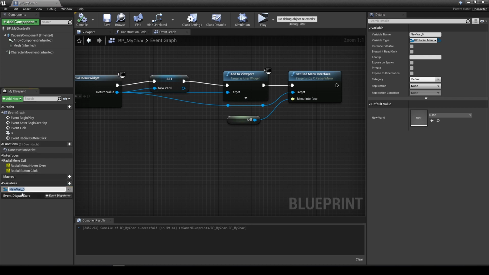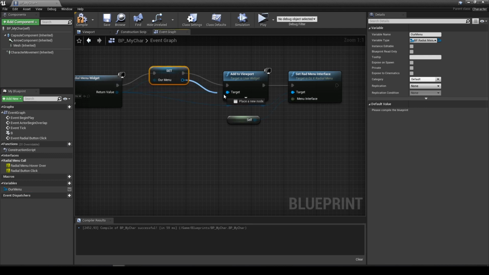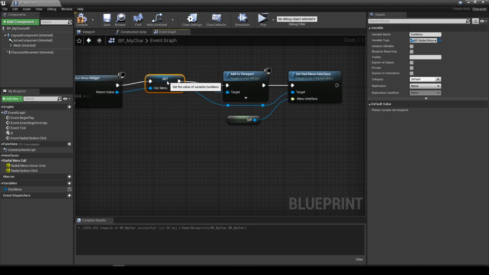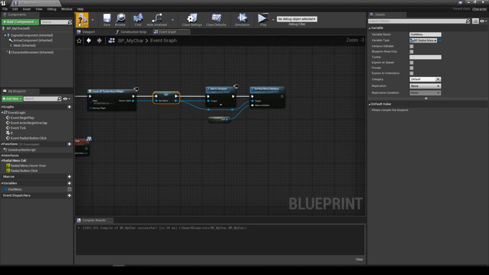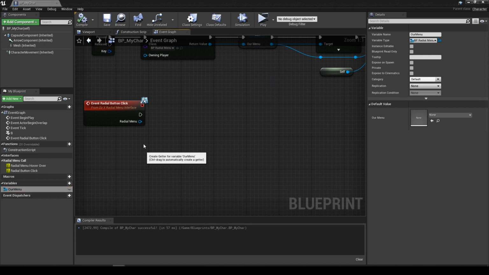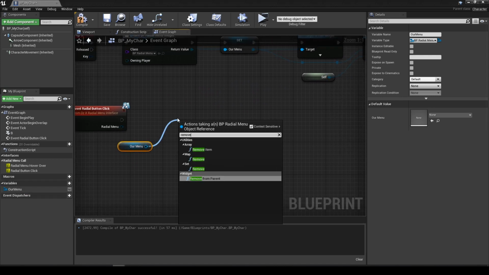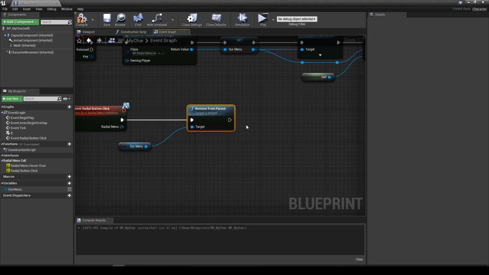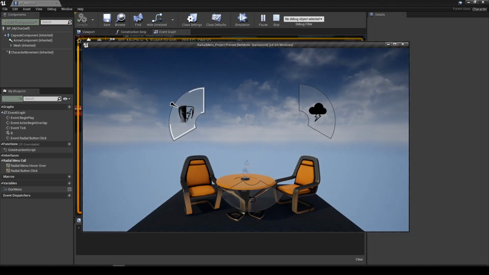Let's call it menu. And let's reparent this for the sake of tidiness. Let's do it like this. Okay. And now we can use our menu, get, remove from parent. And when we click a button, we can see that this menu is removed. Click,